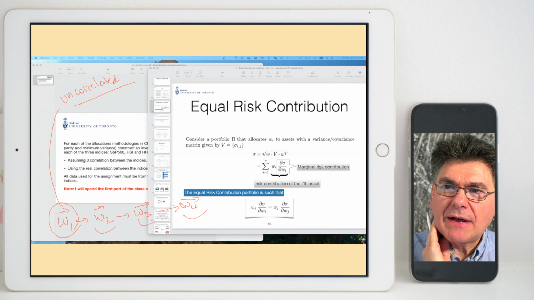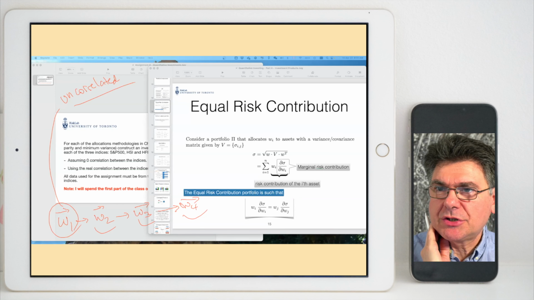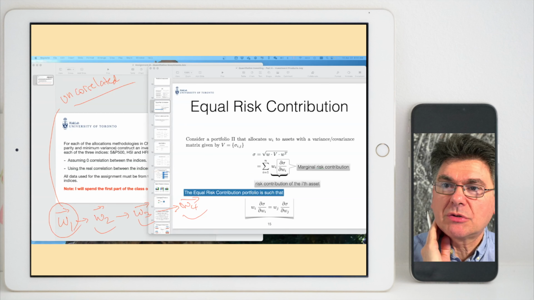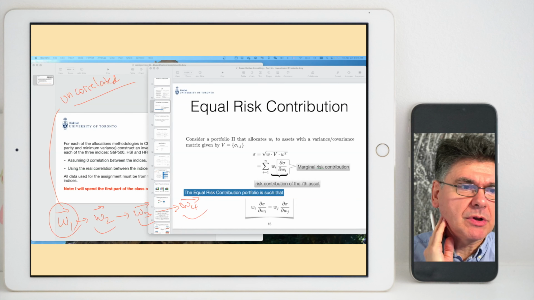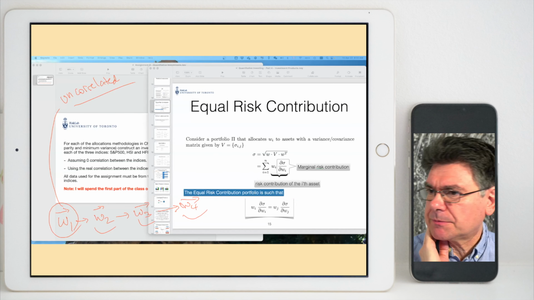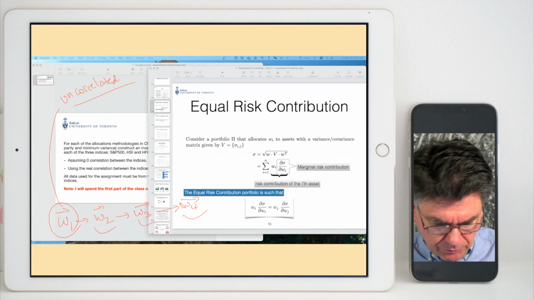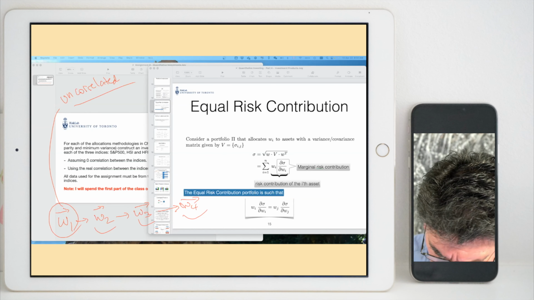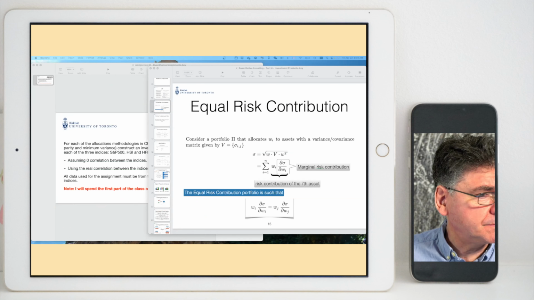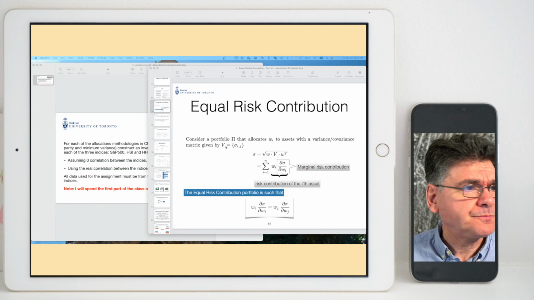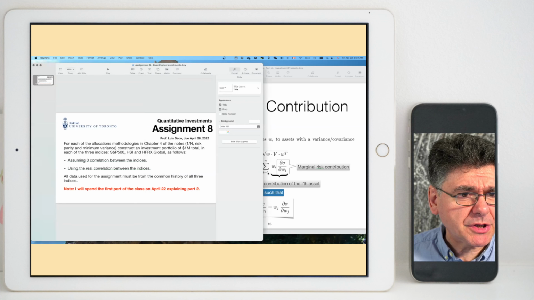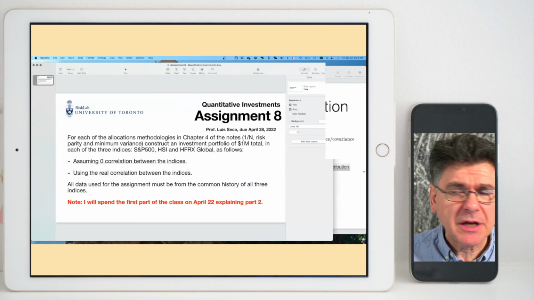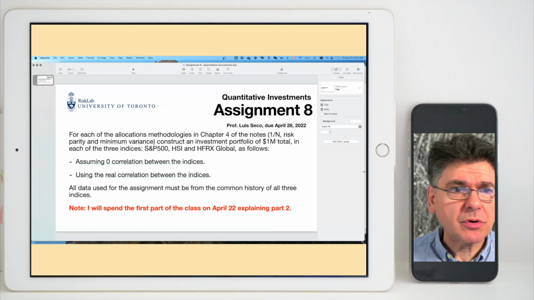So if there are no answers in the chat, I'm going to assume that this is because this is not clear, okay? So I'm going to assume that you do not understand this, which is no problem. I want you to understand it. So I want to assume that this is not clear. What I'm going to do is, in assignment number 8,